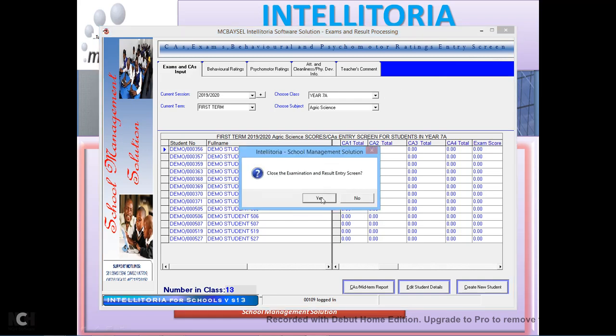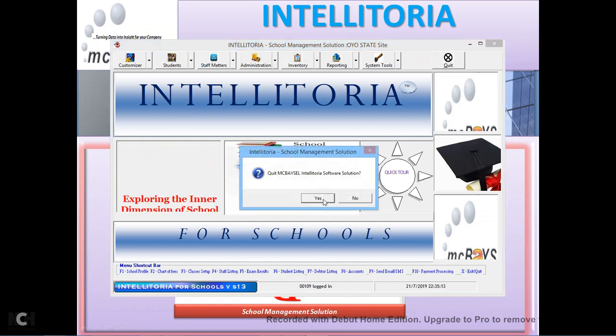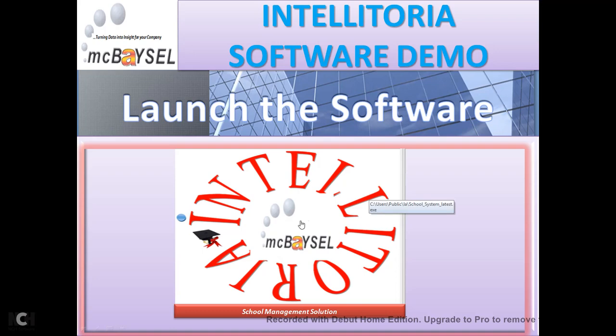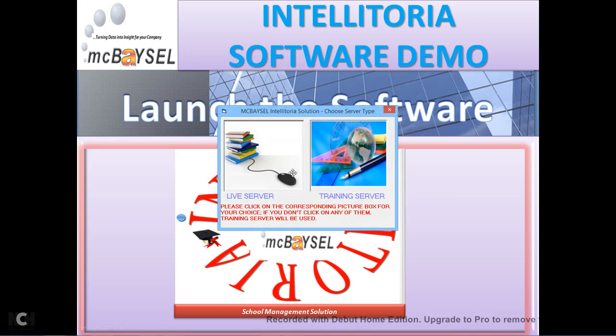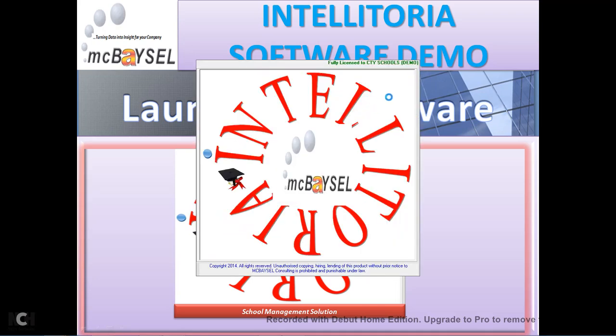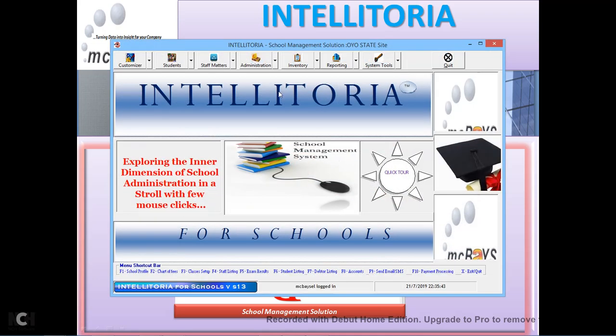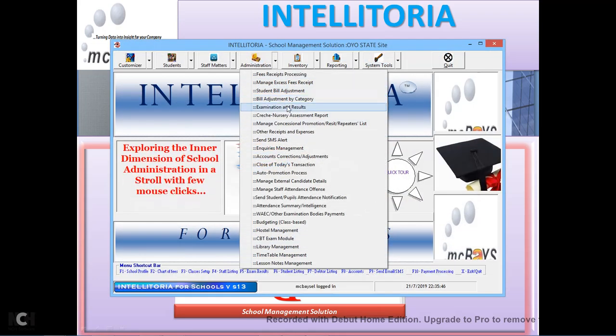I close this page. I want to log back in with Mark Basel itself, that has not got any restriction in inputting of scores. Software is loading. Mark Basel. I input, I click on the login. Okay, let's quickly go to examination and results